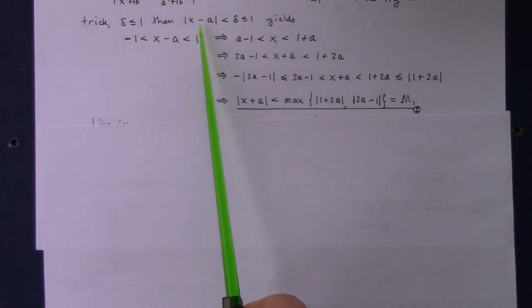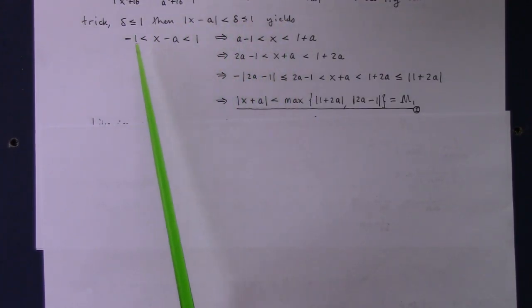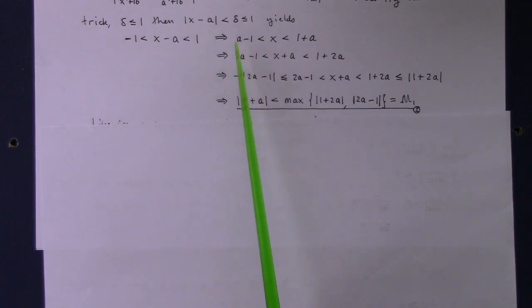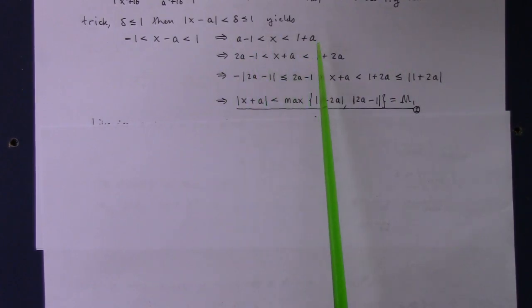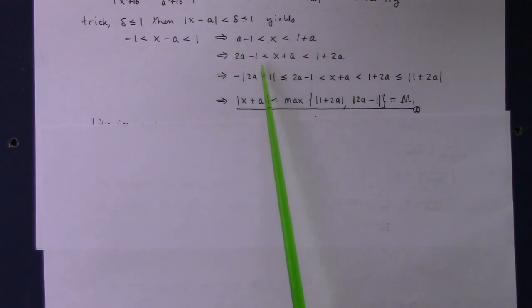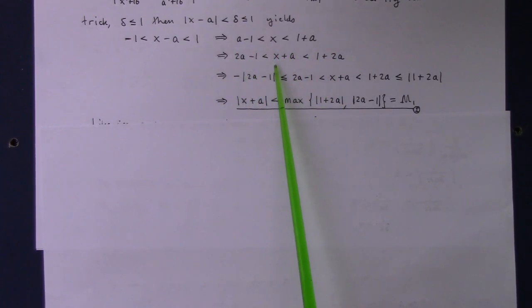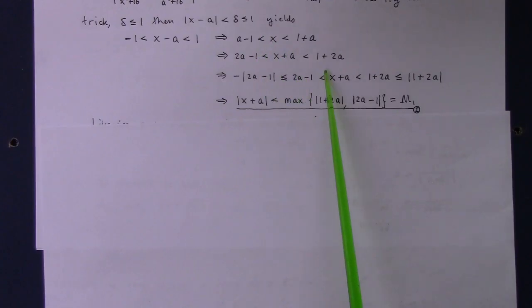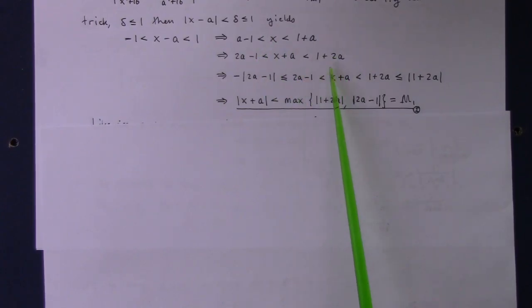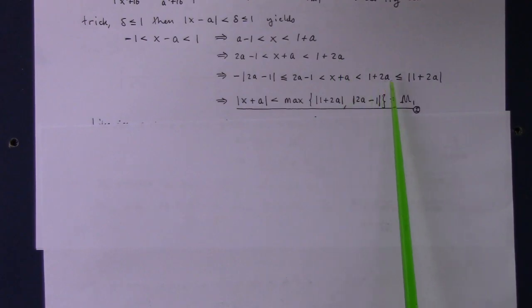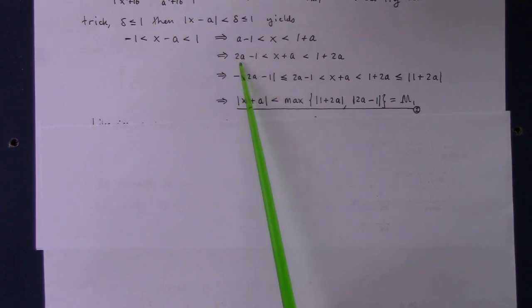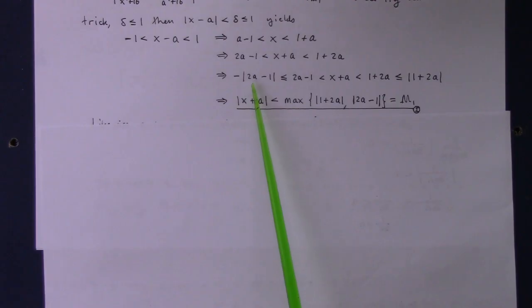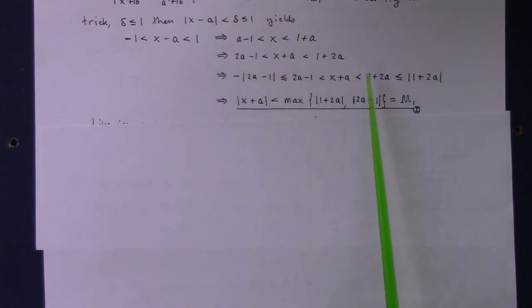So check this out. We have absolute value of x minus a less than 1. So we can unwrap that to this compound inequality, which then adding a, whether a is positive or negative, we can add it across the inequality. That's fine. Then that gets us this, which then, if we add a again, gets us this, right? So now I've got x plus a in my sights. Now, I want a statement about the absolute value of x plus a. So the next step, and this is kind of a trick, so watch it, is that 1 plus 2a is less than or equal to its absolute value, and 2a minus 1 is greater than or equal to minus its absolute value. And then if you think about it, whichever one of these guys is bigger,